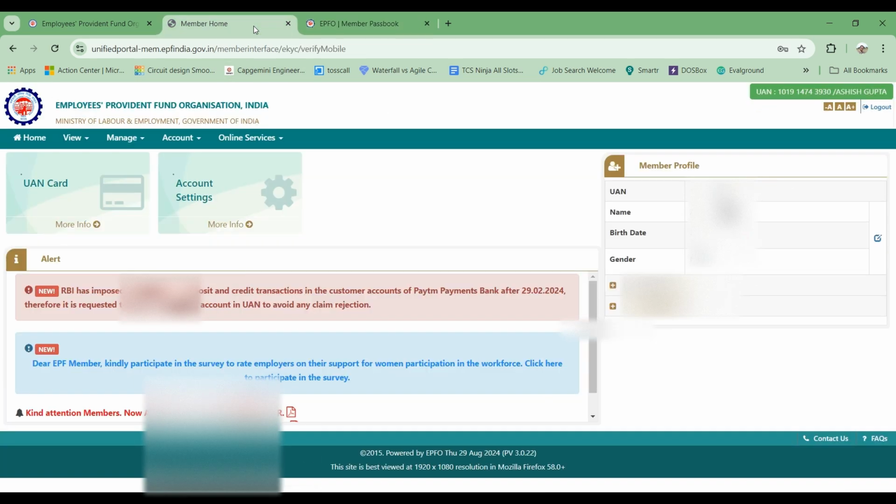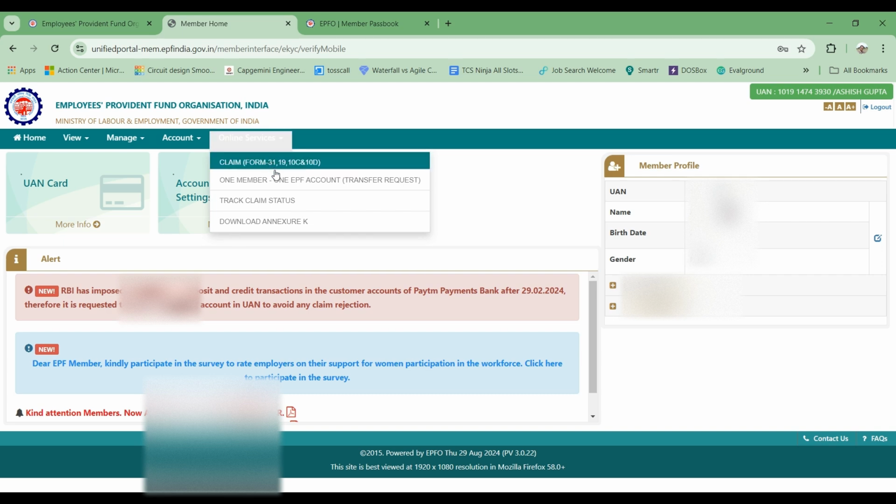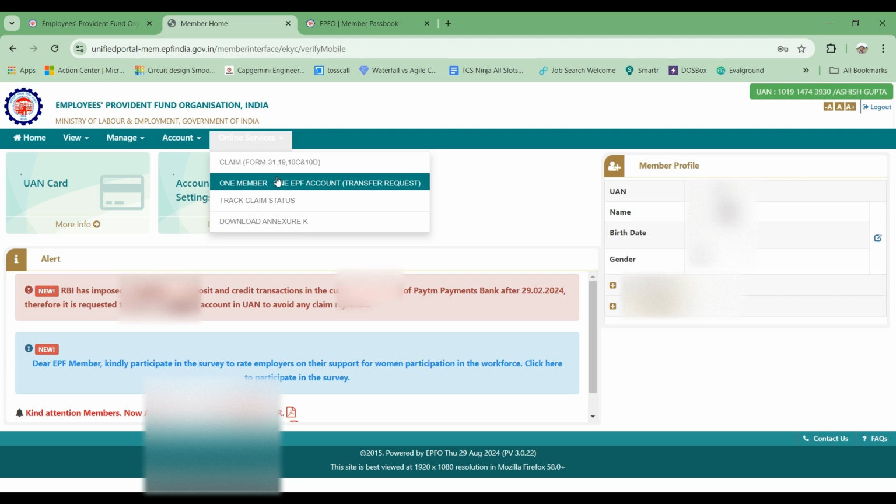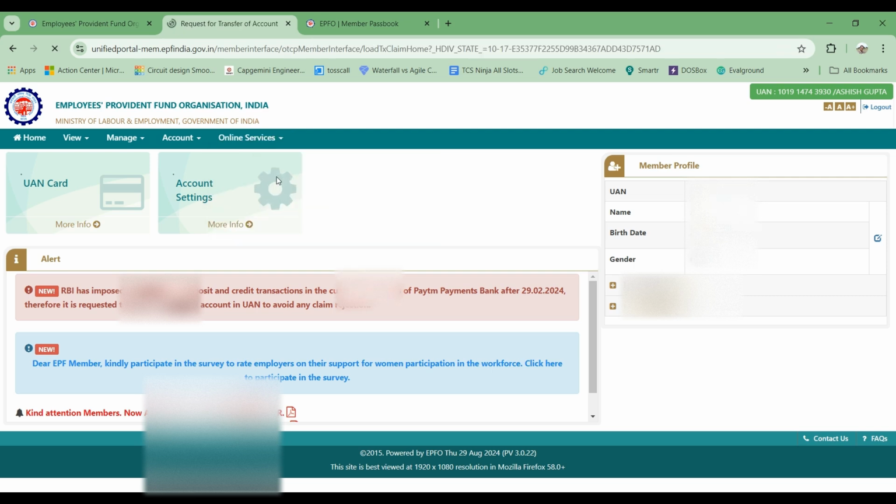In case we are an existing employee and we go to a new employer for our job, that is a job switch, in that case, what we have to do, we need to transfer our PF from the old account to the new account, because every company has a different PF, but your UAN will be the same. That will be a unique key. So for that, you have to just click on one member, one EPF account,